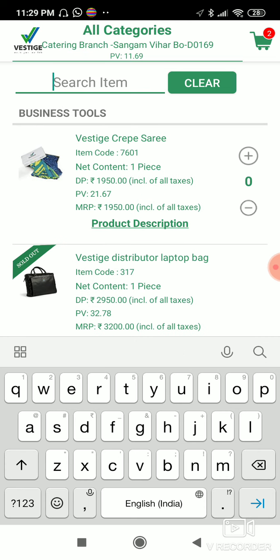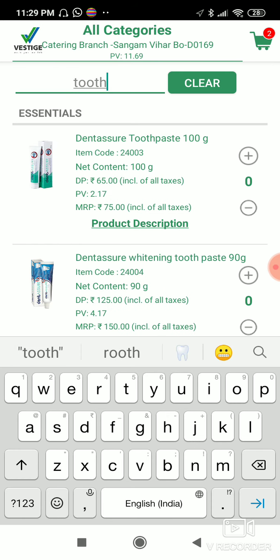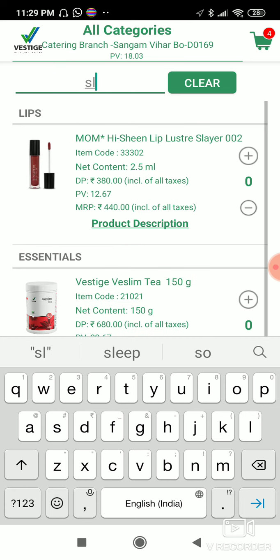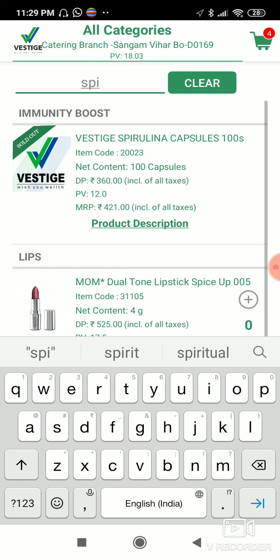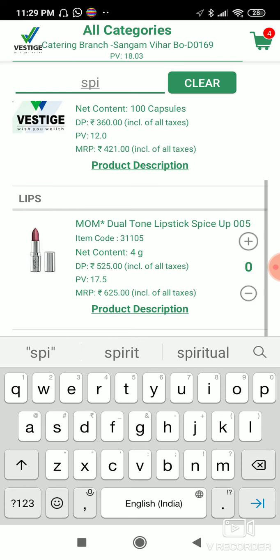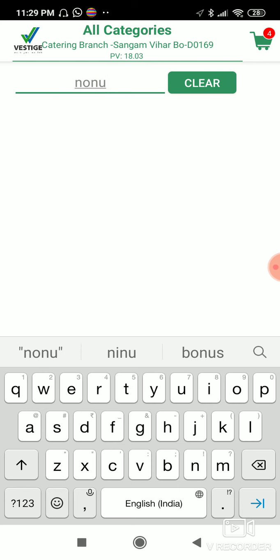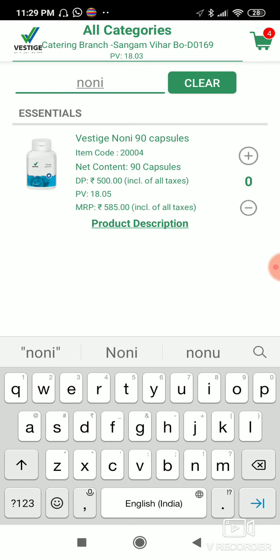I want to purchase now, let's say toothpaste. Yeah, it is available. I just want this one toothpaste. I want one whitening toothpaste. That's okay, I get it. Now I want, let's say, spirulina. Spirulina capsule, it is not available, no problem. I want noni. Yeah, I want this